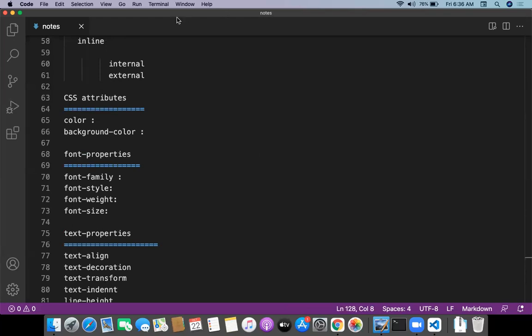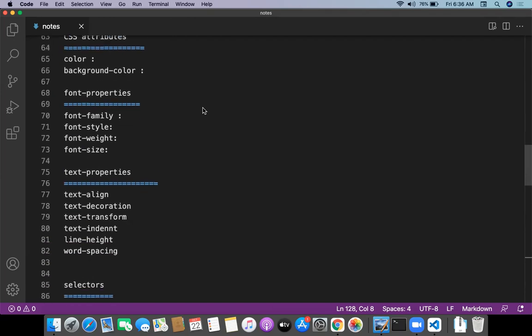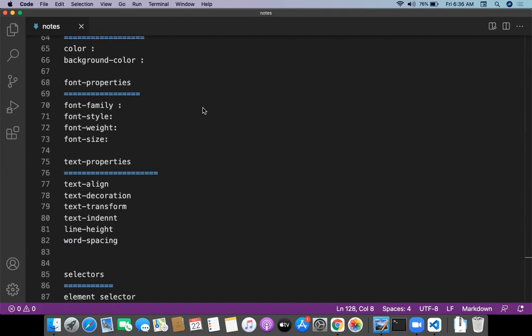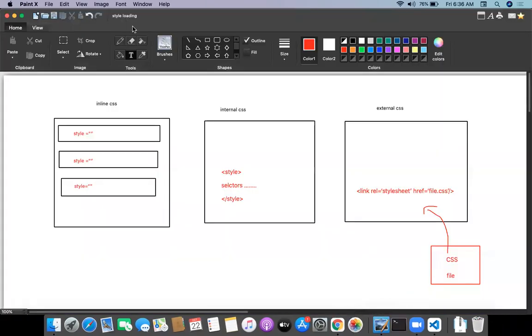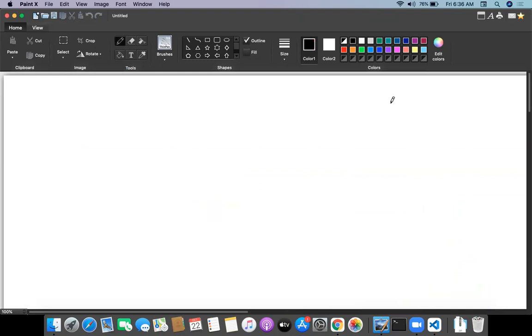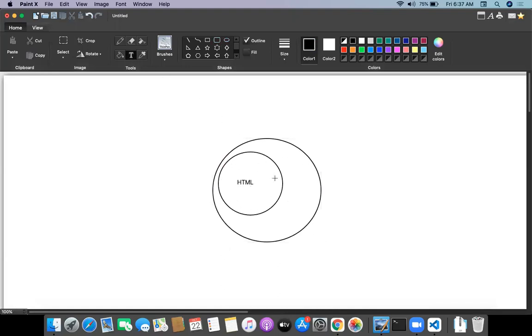At the end of the day, we will go with the simple template of the CSS. So one simple example we will see with HTML and CSS combination. Basically, you people have to understand one thing. For example, this is your HTML. HTML is just a skeleton. HTML is just a construction. On top of the HTML, we are wrapping with the CSS. That's it. CSS is overlapping on top of the HTML.